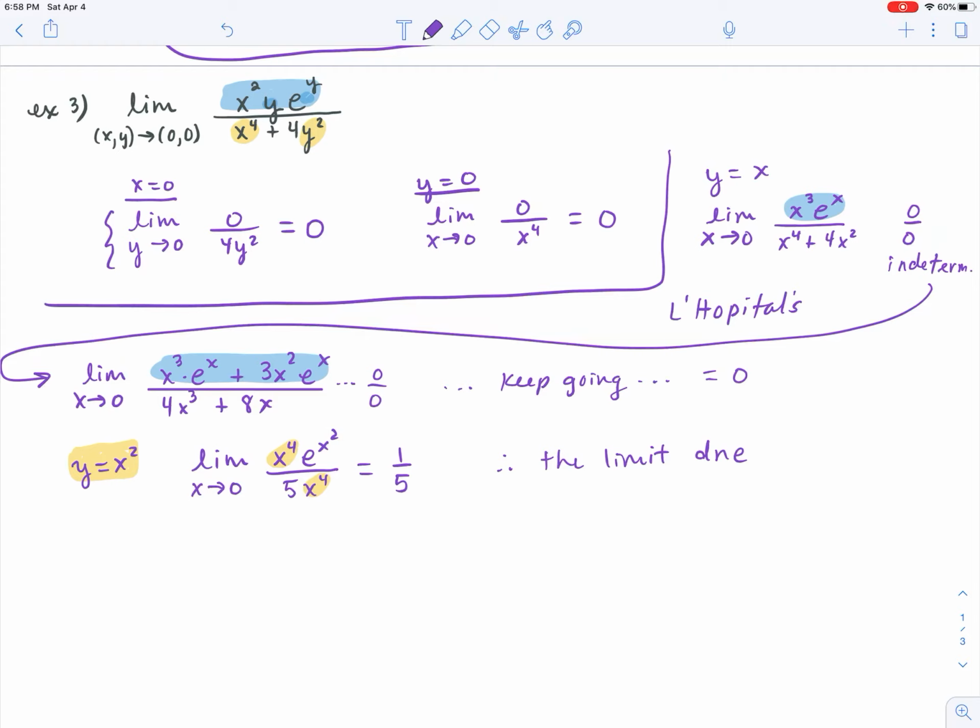And that's it for this section. This is a nice short